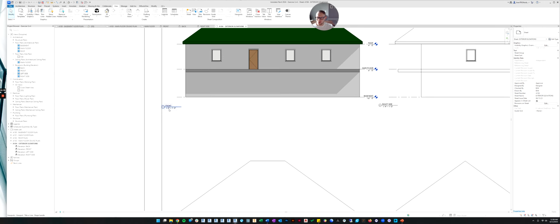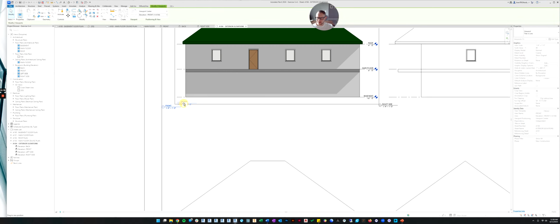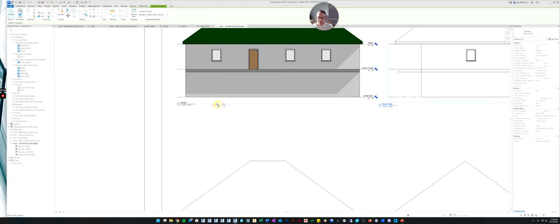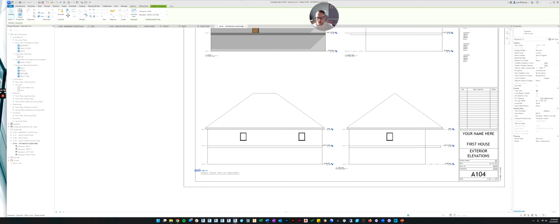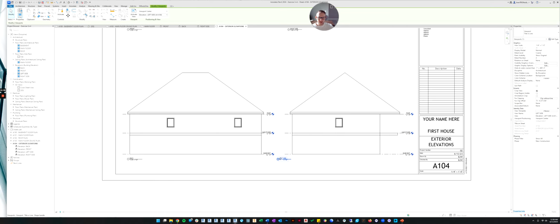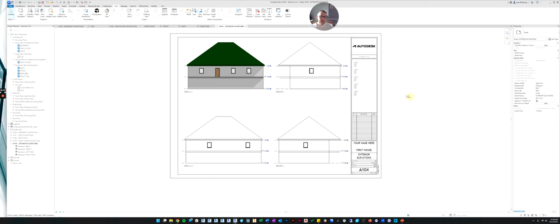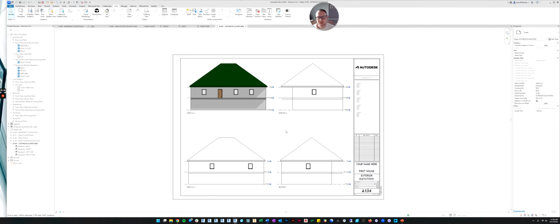All right, so now we need to move the tag. So I'm going to click on the tag, and I'm maybe just going to move it right there. And then this one will snap. See how it wants to align with that one? So that's what we're going to do. We're going to align it that way. And then this one will align both with the one above and the one below. So let's try to line it with the one above and the one below. And then this one, let's align it with the one above it till we get that blue snap mark. There you go. So that is how you would properly place the elevations on a sheet.